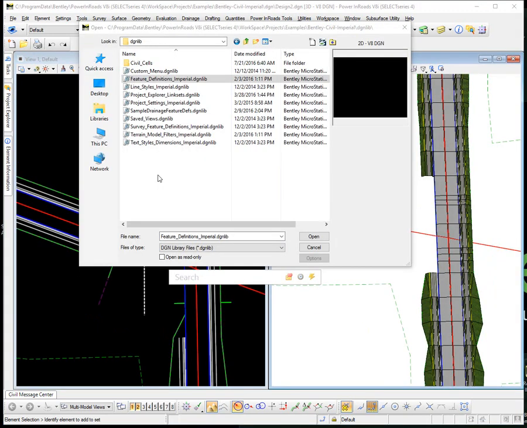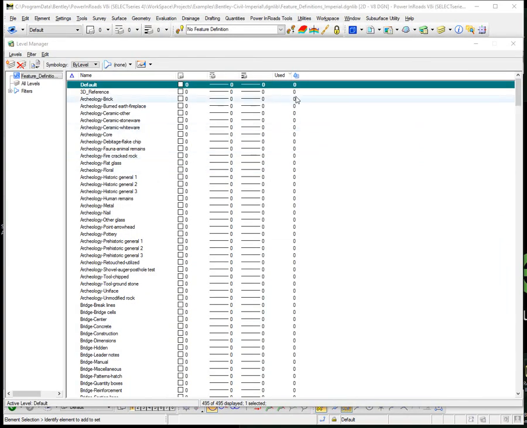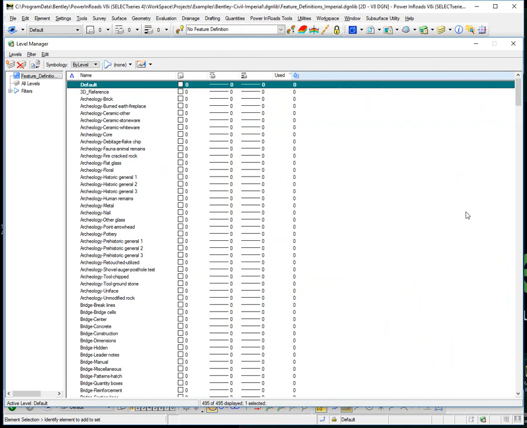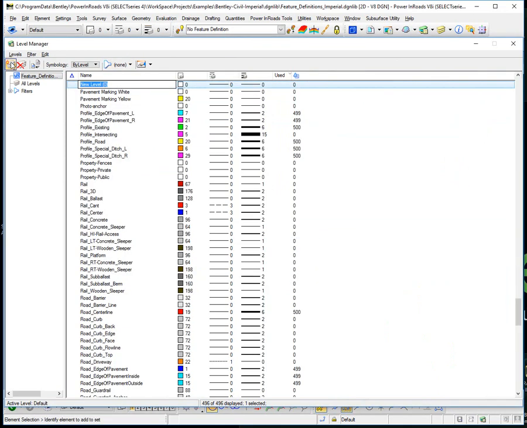So before we can actually work on our civil cell, we need to make some adjustments to our levels and our element templates and feature definitions. So I'm going to go into our feature definitions DGN library here. So we'll open that up. And in our level manager, make sure that you have your level priority turned on, so you'll see your priority option there. And then what we want to do is make a new level called road seam line,